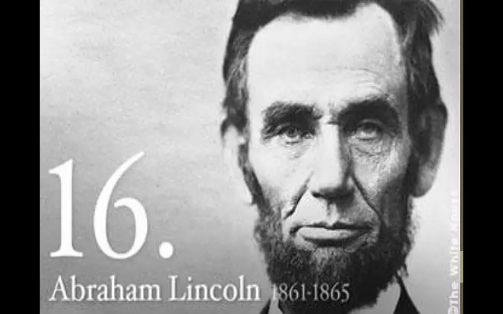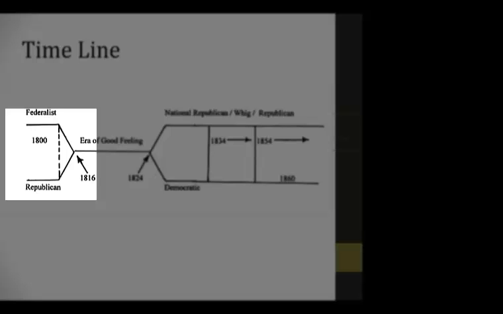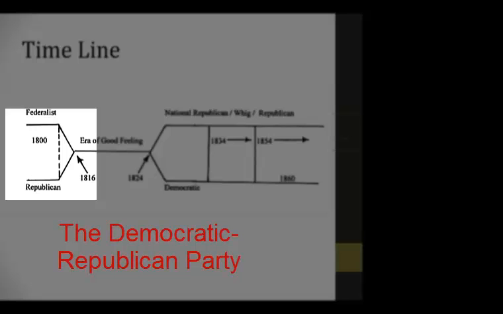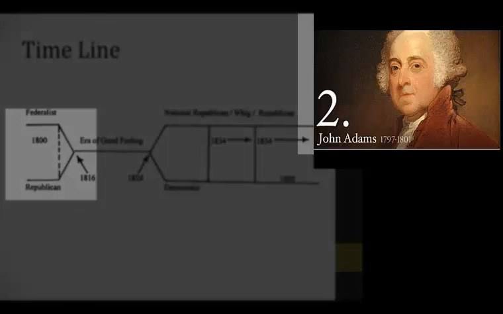Before we get into the specifics, let's go through a timeline real quick, just to keep us, again, on a roadmap of where we're going. To begin with, we'll be looking at the rise of the two-party system beginning with the election of 1796. By 1800, we have the Federalist Party and the Democratic Republican Party fully entrenched. Short, they call it the Republican Party, but the full name is the Democratic Republican Party. So don't confuse it with the modern-day Republican Party. It's completely different. The first Federalist president is going to be John Adams.